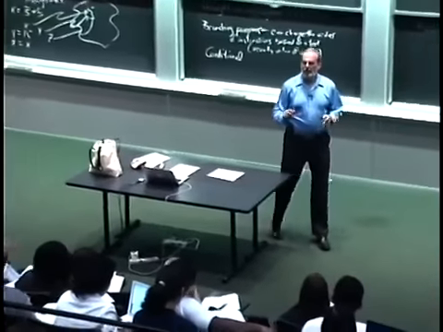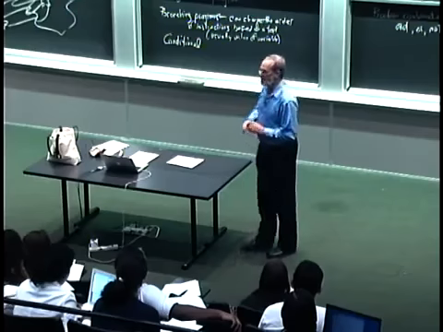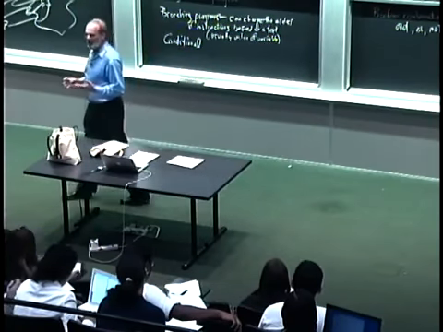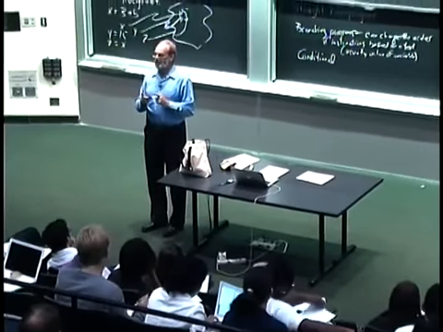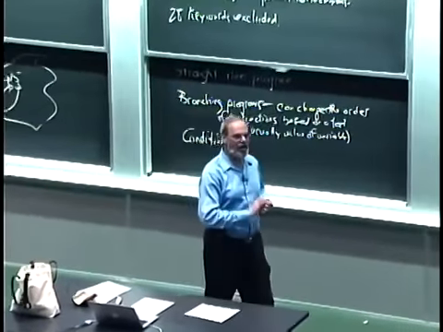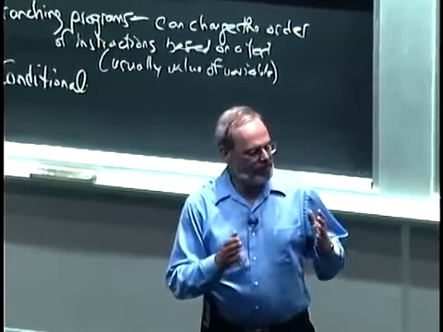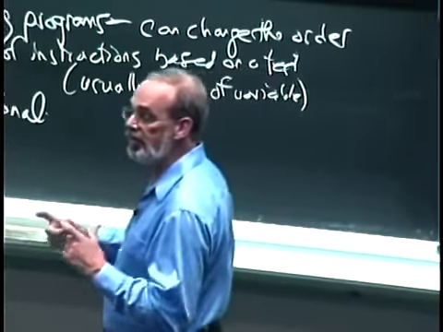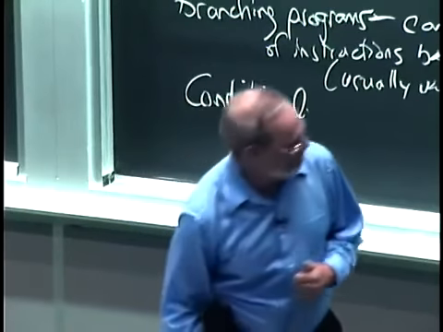Well, let's go back up to our original starting point of recipes. And I'm sure you don't remember it, but one of the things I had in my recipe is beat egg whites until stiff. Okay? That until is an important word. It's actually defining a test. Let me rephrase it into garbled English that'll lead more naturally into what I want to do. While the egg whites are not stiff, beat them. That is a different kind of structure. It has a test in it, which is that while something is true, do something, but I want to keep doing it. And so for that, we need to add one last thing,